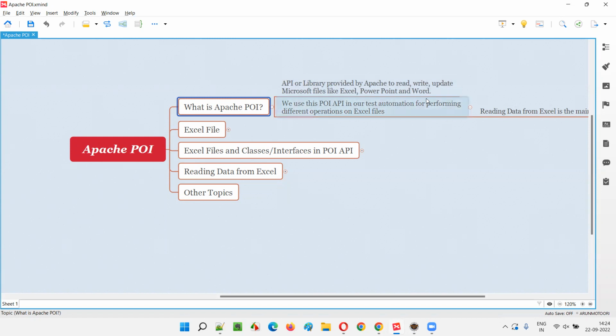I think everyone knows that they can install Microsoft Office, that is MS Office, on a Windows machine or any other operating system. Like MS Office Word, MS Office Excel, MS Office PowerPoint, and so on, right? This Apache POI API was actually developed by some third-party developers to automate the process of reading, writing, and updating. If you want, you can create these files, delete these files, read these files, write these files, modify